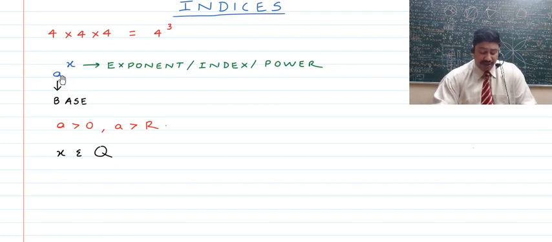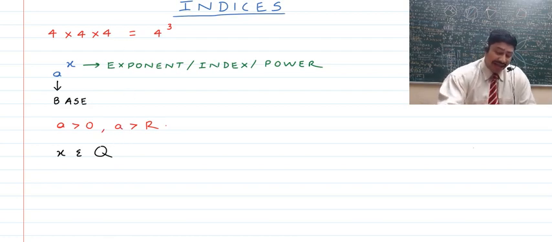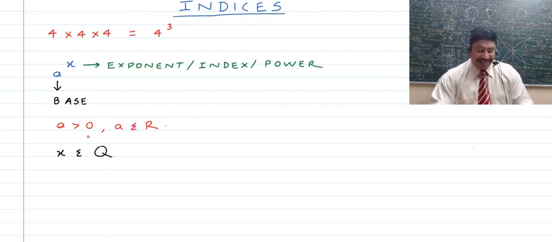Now generally speaking, we write this as a raised to the power x, where a is the base and x is the exponent or the index or the power. And we also have to say here what are the limitations for a. For that we have some rules, that is, a has to be a number which for sure has to be positive, right? And a has to be an element of real numbers, right? So when we talk about both of these facts, that is the condition for a.